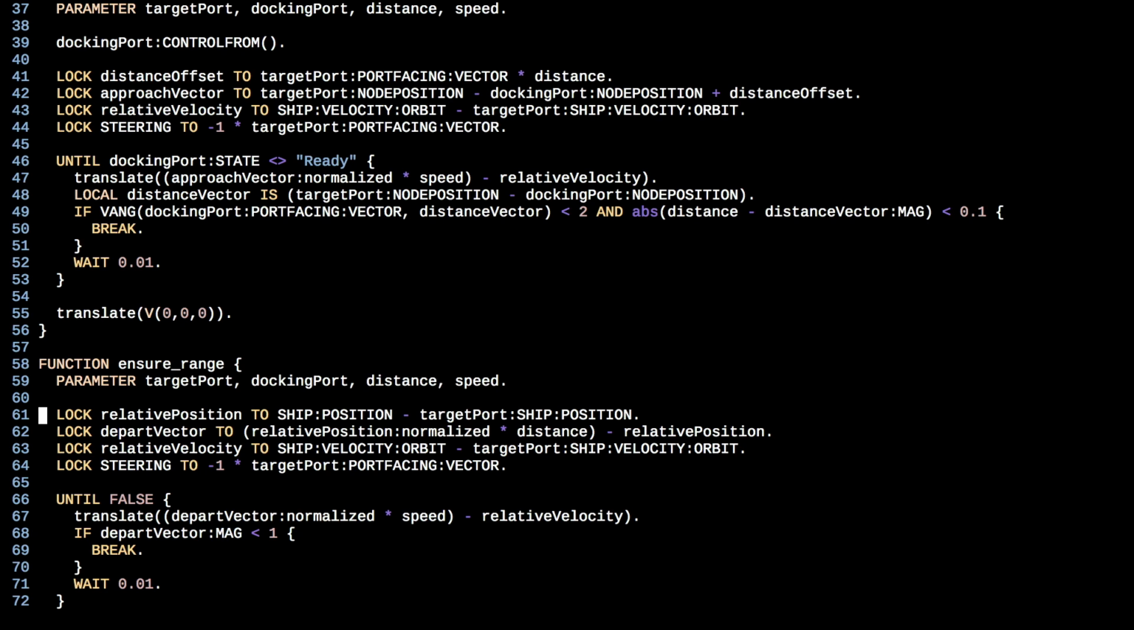One is ensure range, and this is going to take the same types of parameters. We're doing something very similar to approach. We're setting all of these relative positions and all of these vectors. We're taking the relative position of the ship's position minus the target ship's position. We're getting a depart vector, which is our relative position times the distance minus the relative position, which makes sense,